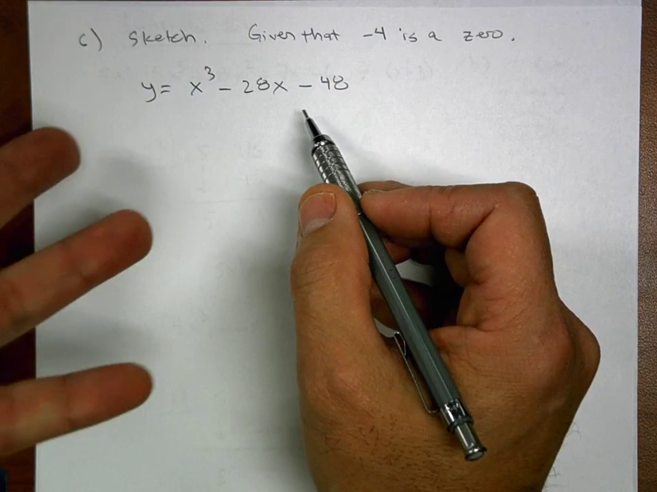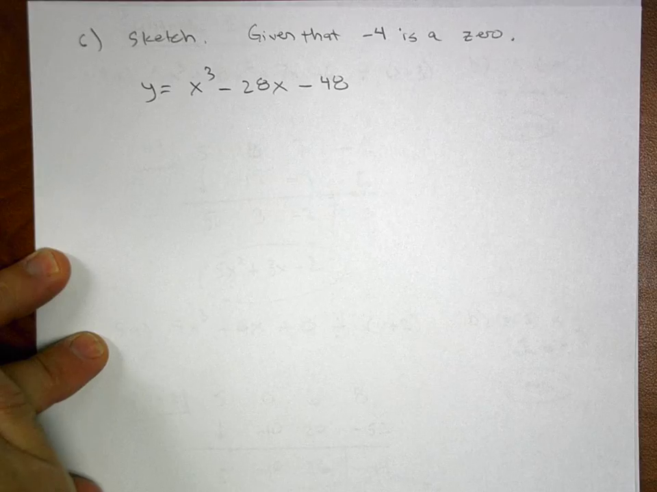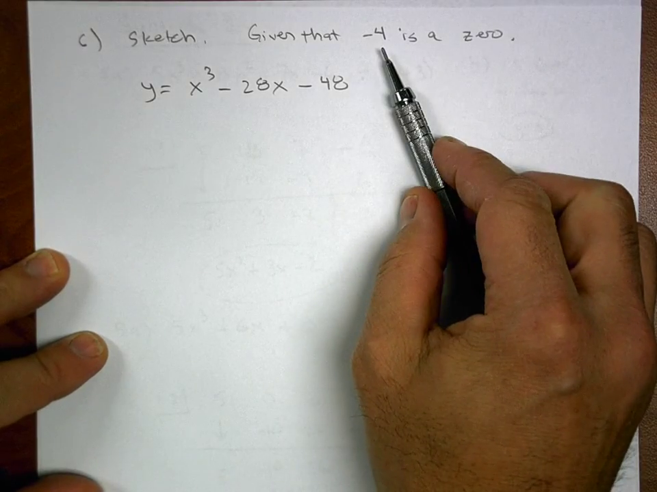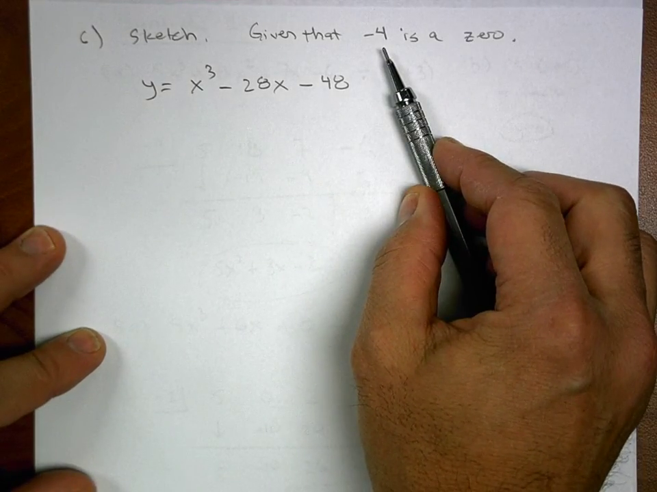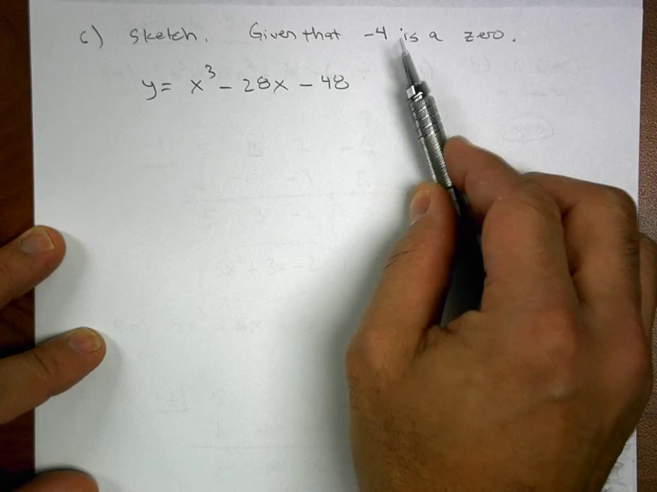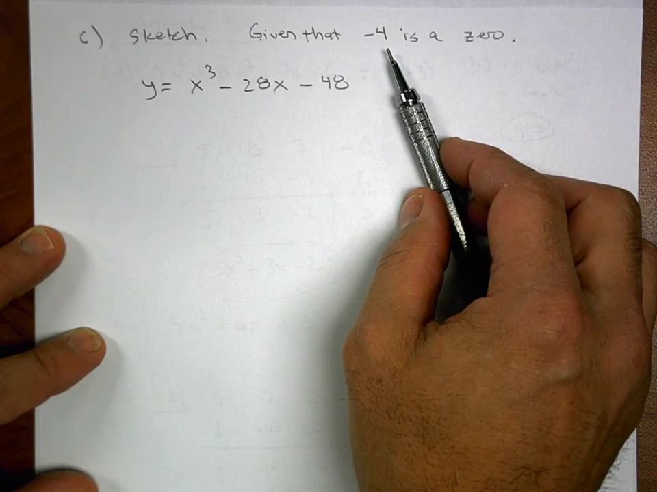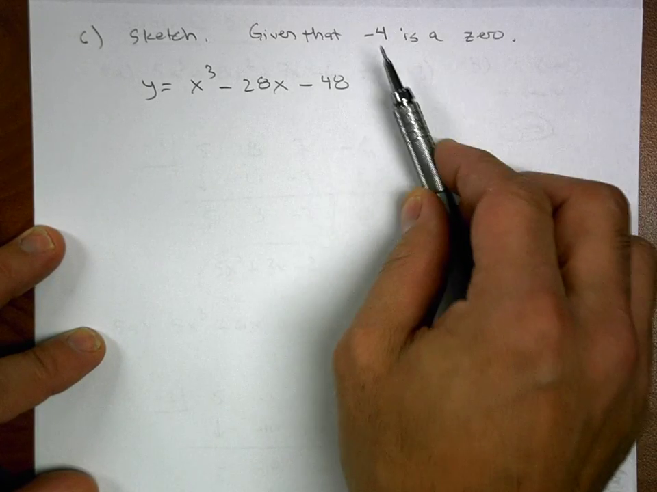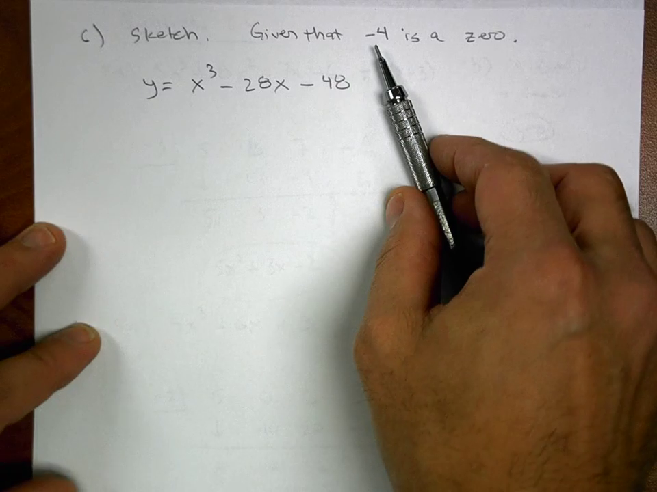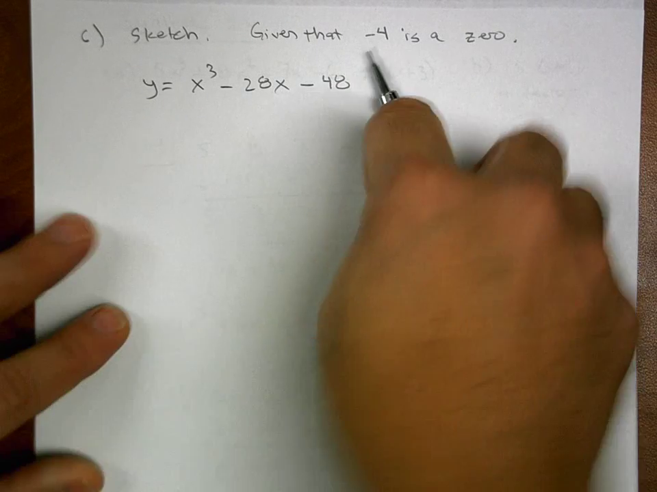Okay, so we're given a little hint. Negative 4 is a root. Negative 4 is one of the x-intercepts. That'll help us start factoring this. If negative 4 is a zero, let's start factoring it. Y equals,